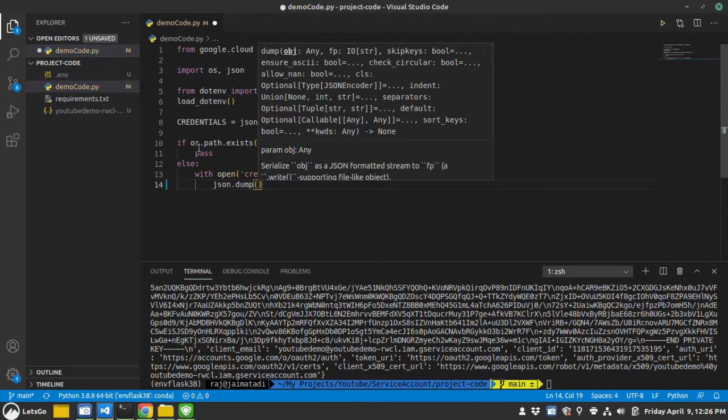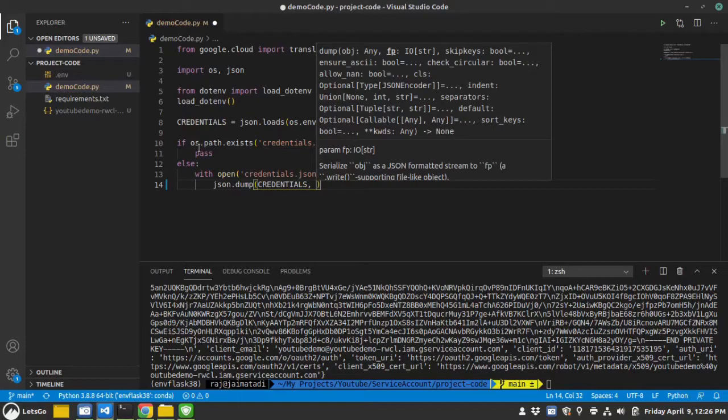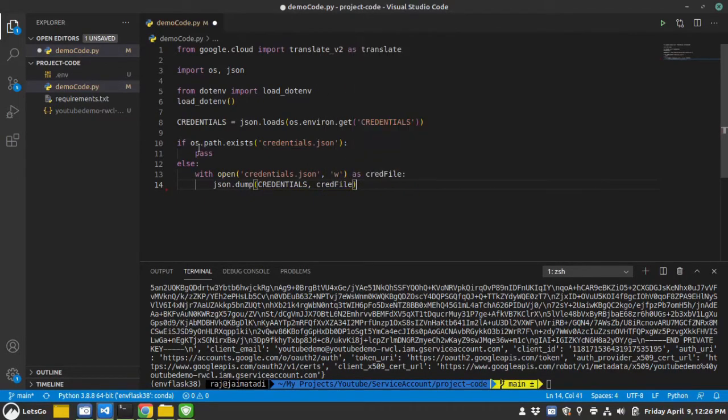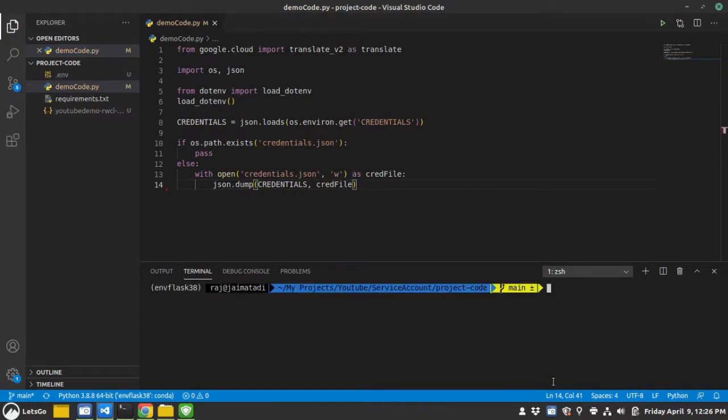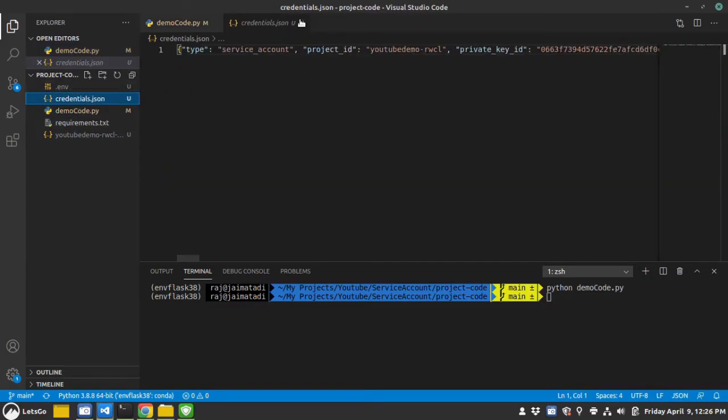It takes the object, that is credential, and the file name or file path, that is cred file. So let me run the code. Let me first clear this and run the code. Okay, so you can see we have created a credentials.json file.